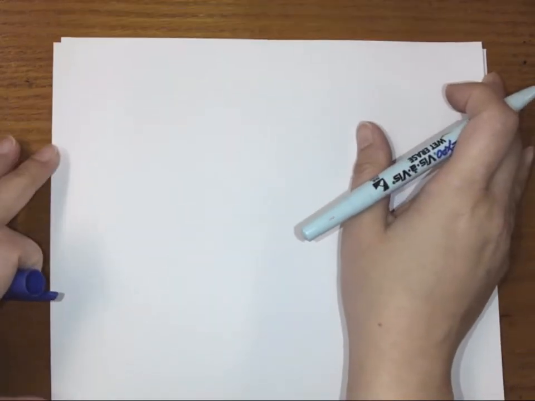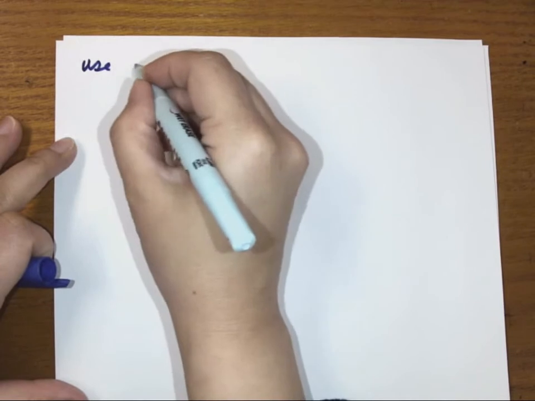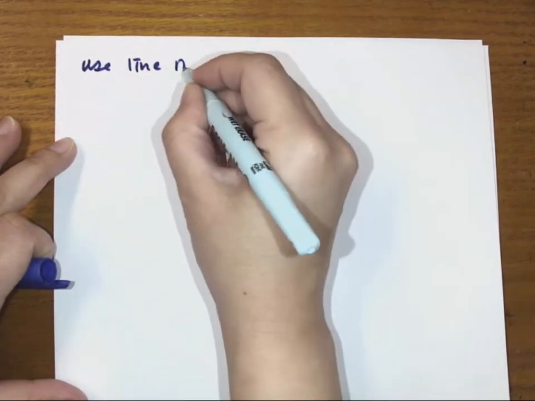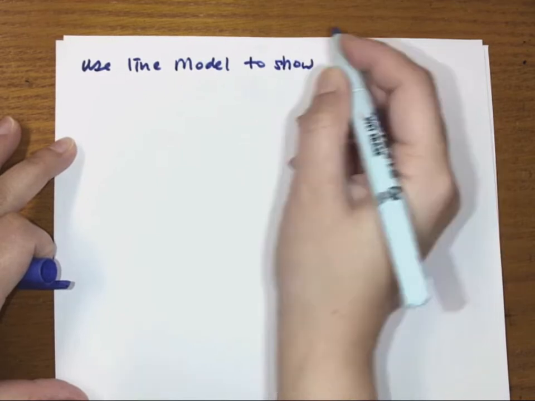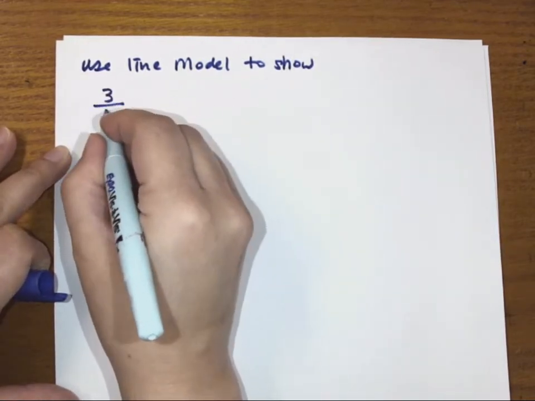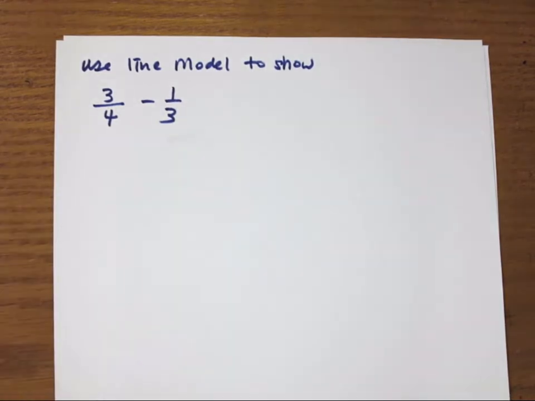Set model to show this question. So first we're going to use line model to show 3/4 minus 1/3. So if we're doing line model, for all three models, we first need to draw the original